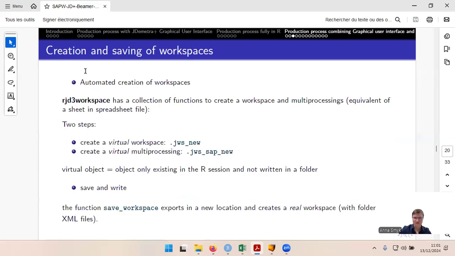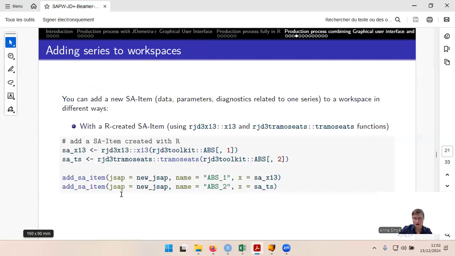So creation and saving of workspaces can be done with RJDemetra3 workspace. Then you would create a virtual workspace, and when you write and save, it will create the workspace, which is the collection of XML files identical to what would have been created with the graphical user interface. You can also add series to workspaces